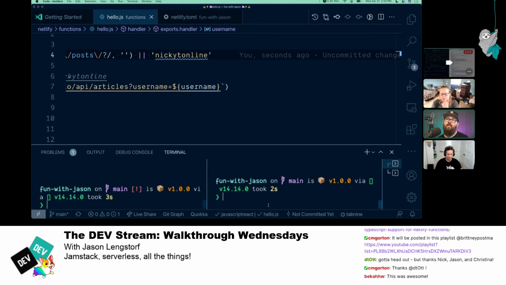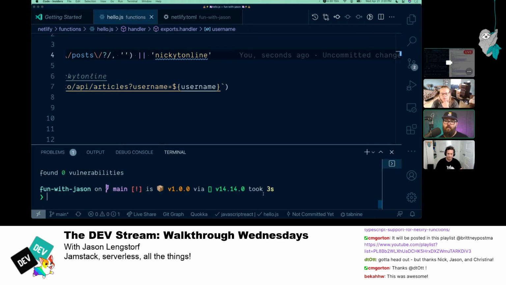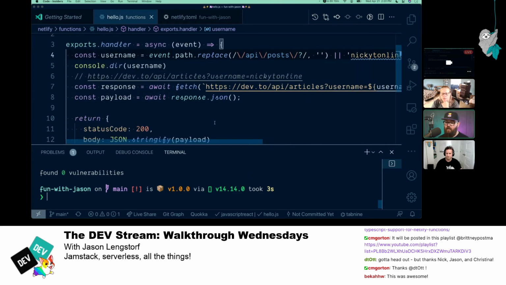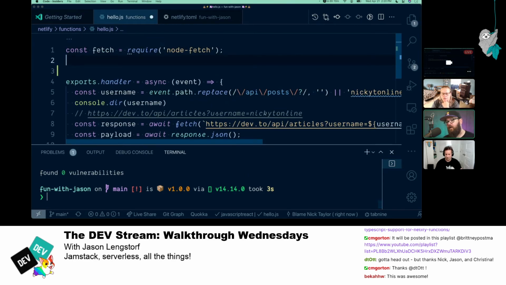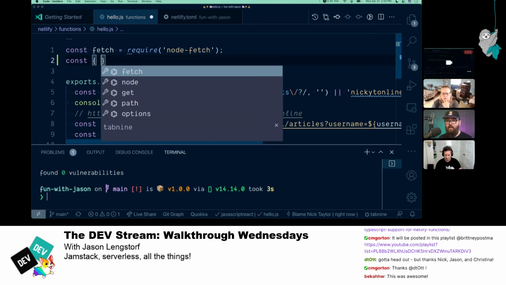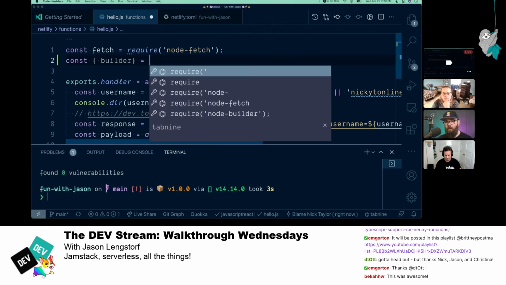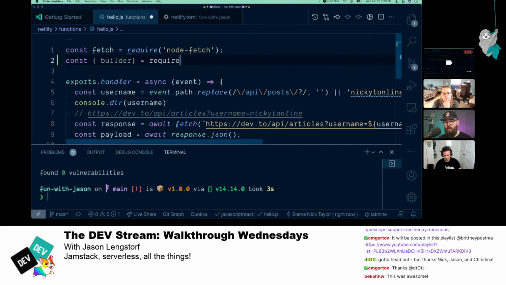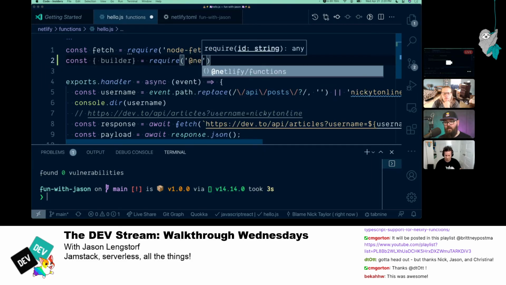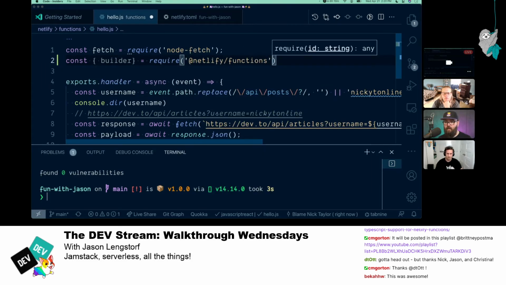It's a suite of utilities. The main one that we're looking for here is the builder. So get the builder named export out of Netlify functions.